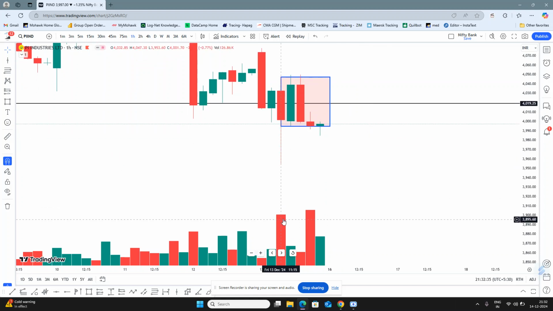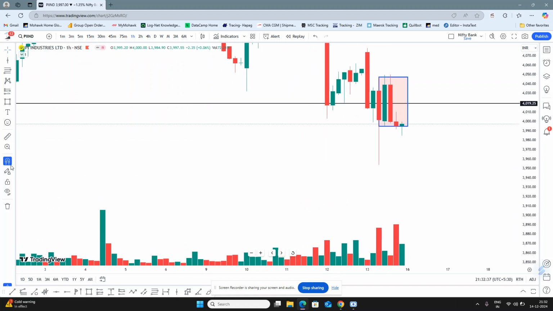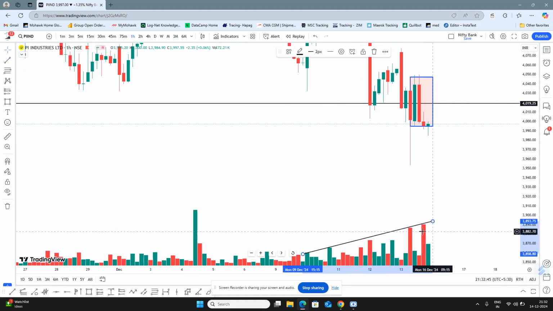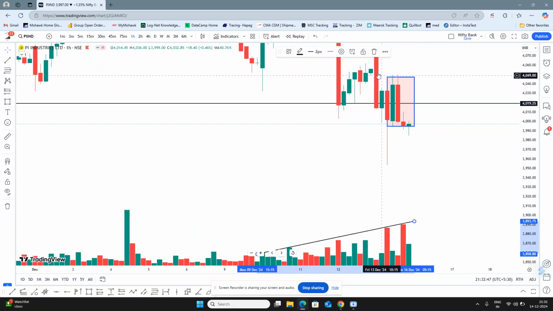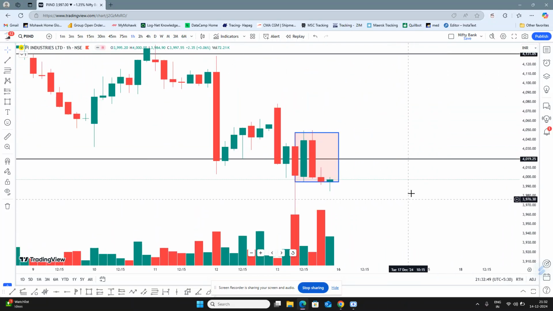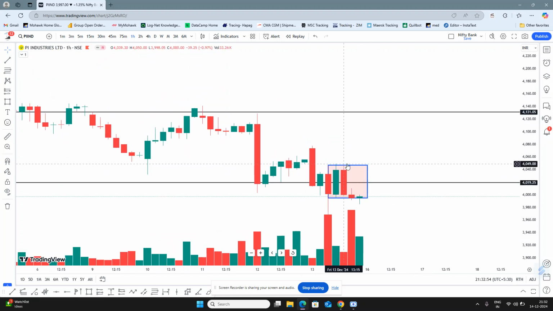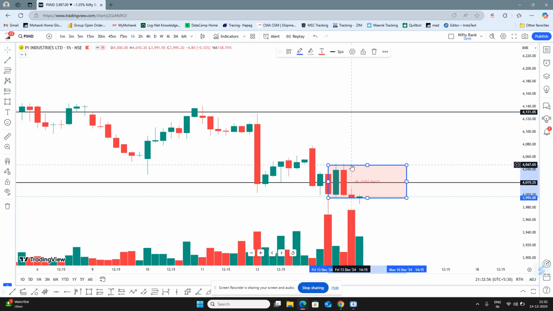Now see the volume increasing here. This is a very important thing you have to observe. See, the moment it has come to our zone, look at the volume gaining, right? See this, the gain in the volume. So something is happening here definitely. I will not initiate my trade unless it gives me a closure above the high of this candle,